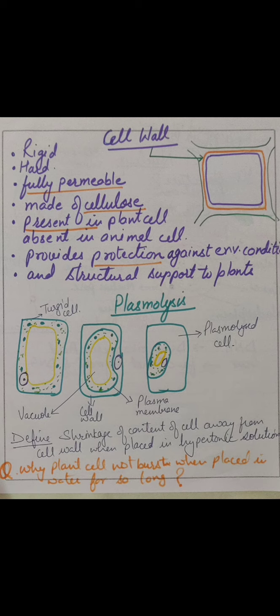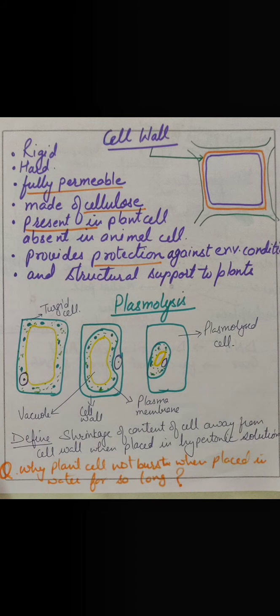So this is plasmolysis. You have observed when your mama gives you cucumber sprinkled with some salt, and if you forget to eat that piece of cucumber for a short while, what happens? We see that these cucumber slices become loose. They are not as tough as they were earlier, and have started losing their shape. The reason is that salt has been sprinkled on them, due to which they have started losing water. They are getting plasmolysed. It means there is a shrinkage of the content. It is losing water because the sprinkled salt is acting as a hypertonic solution.